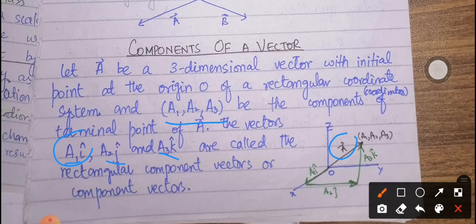Similarly, you can see that we are just multiplying the magnitude of the x component with a unit vector along the x-axis in order to get a vector along the x-axis, or the rectangular component vectors, or the component vectors for the corresponding vector. Otherwise, if we are just talking about a1, a2 and a3, these are named the components, or the coordinates of the terminal point of the vector a. If we multiply them with the unit vectors along the x-axis, y-axis and z-axis, it means we are talking about the component vectors, not the simple components, because when I multiply with i cap, it is going to be a vector now.